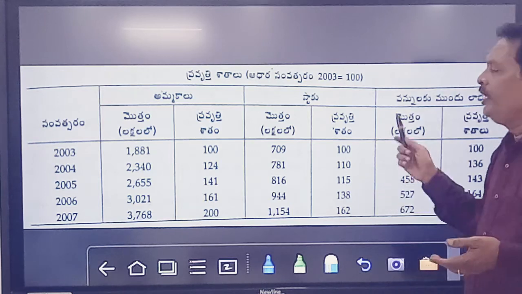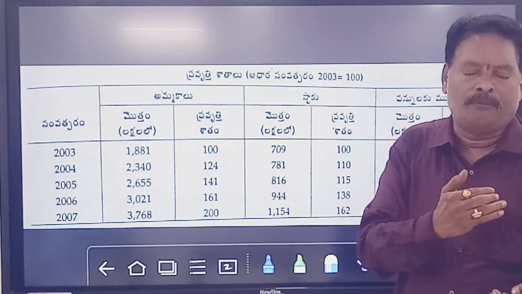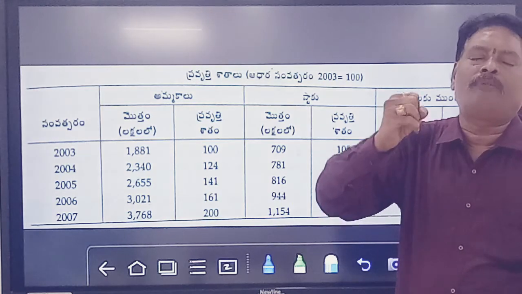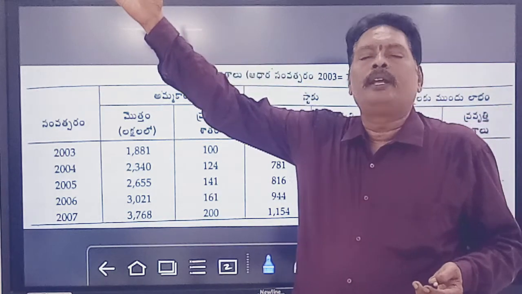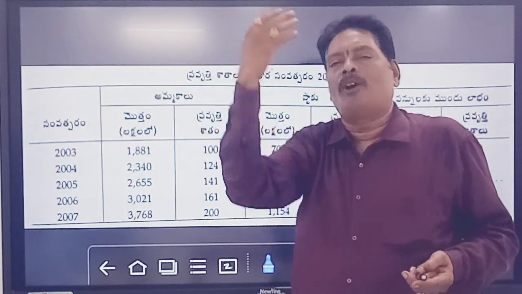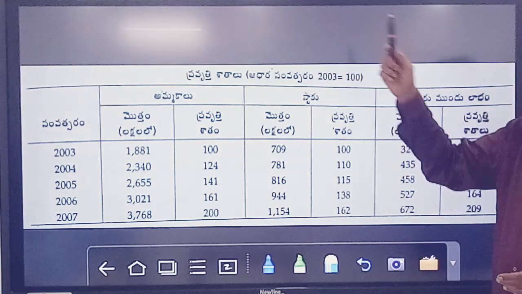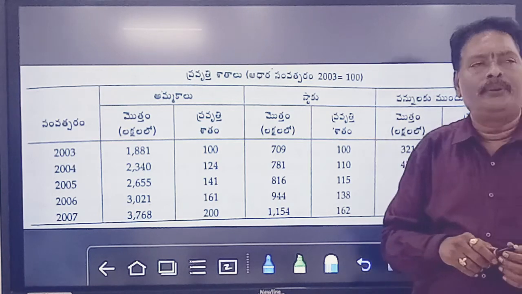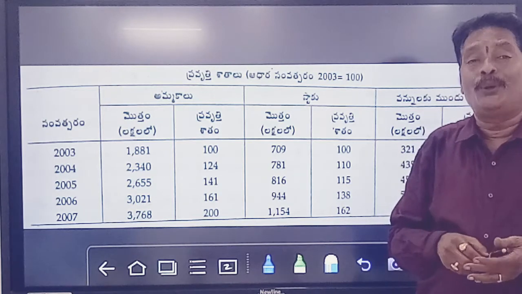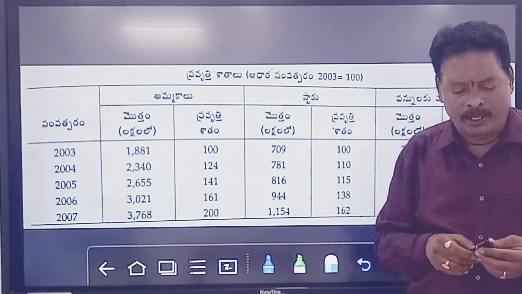These views, these interpretations must be written in a small paragraph at the bottom of the statement, and then submit that paragraph as a report to the management. They will take good decisions. They will plan for future performance. This is the style of preparing the trend analysis. I think you can understand very well. If not, please try to see this video twice, thrice, then you will get a clear idea.